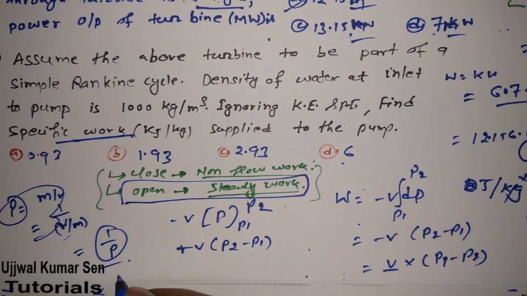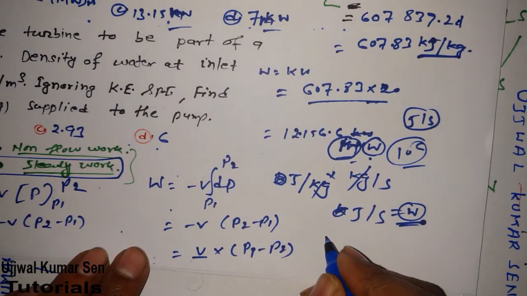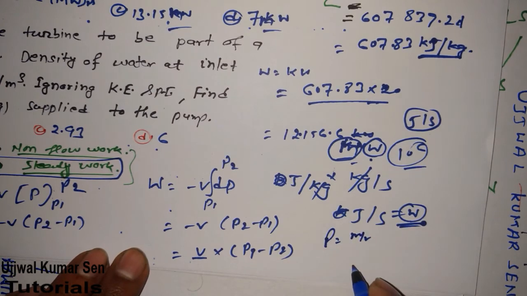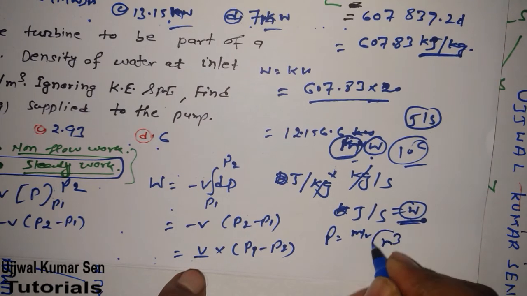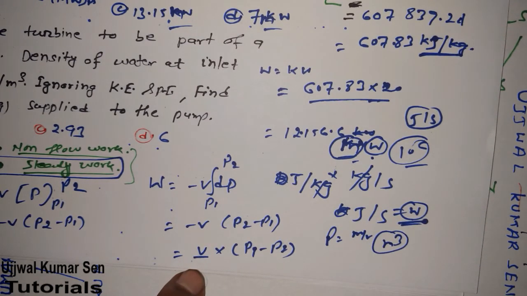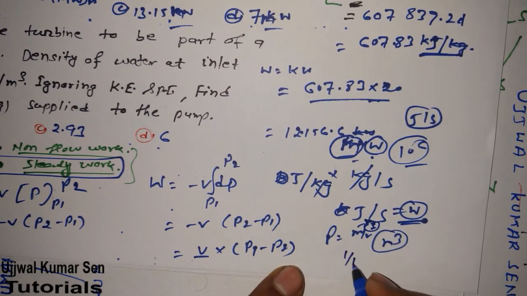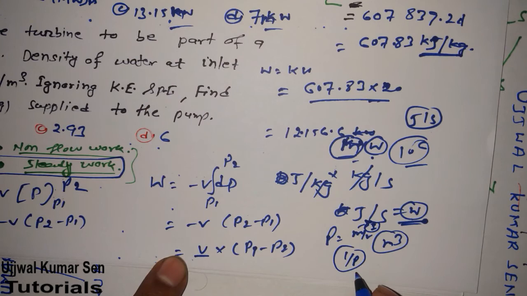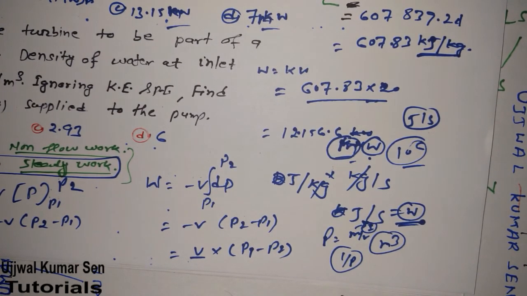Volume by mass, look at this question here. We know that density is equal to mass by volume, right? Basically to get this volume in meter cube, mass here we are taking as 1 unit, so we can write the volume as 1 by rho. Again we are saying this is a specific volume, so we take the specific volume, therefore we can write this also, right? So 1 by rho would be there.